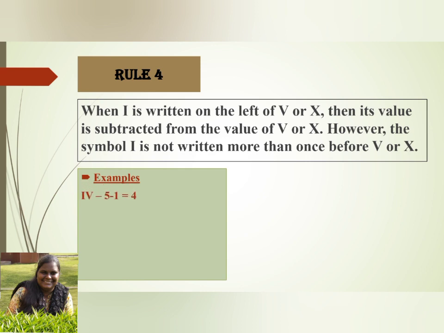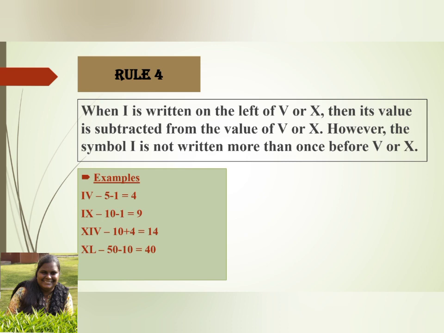See here, IV. As the rule says, we have used I only once on the left hand side. And V being the bigger number, it is 5 minus 1, that equals to 4. IX, 10 minus 1 equals to 9. XIV, 10, IV is 4, so plus 4 is equal to 14. XL, L is a bigger number, X is a smaller number. So 50 minus 10 is equal to 40. Yes, children,